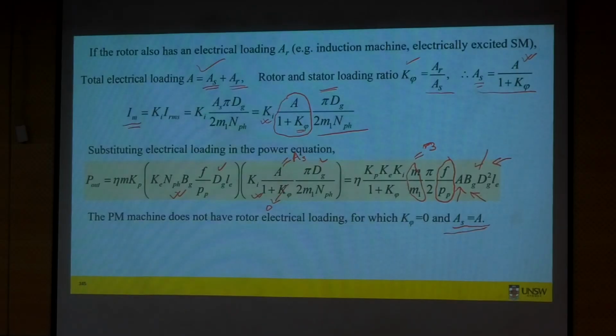We said, okay, we may estimate what is Bg, or we may assume what is going to be our Bg. That we say 0.8, let's say. Now A, the value of A, also we can use some typical value at this stage, because our main intention is to find what should be Dg and what should be Le. Okay, so we may also assume a typical value of electric loading for a typical